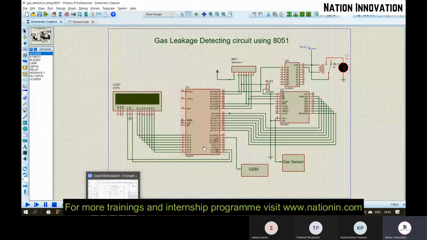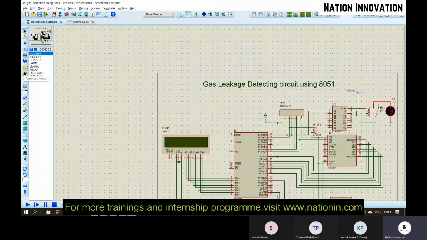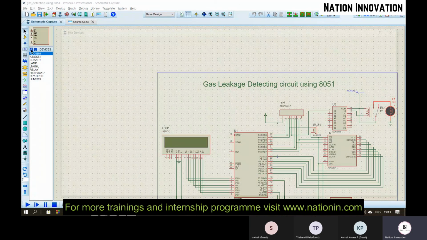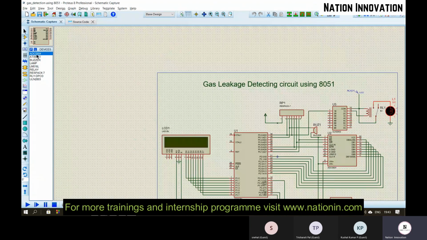So according to your circuit, you just need to connect the components. To select the components, P is for part name and all. Just type the component name here and you can select the components, and whatever components you have used will be available here. You can reuse them. And to connect ground, you have ground, power and all here.